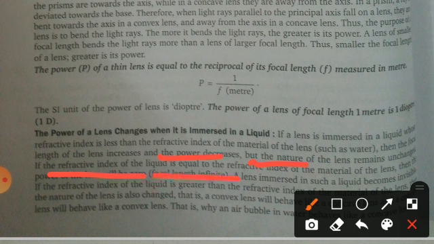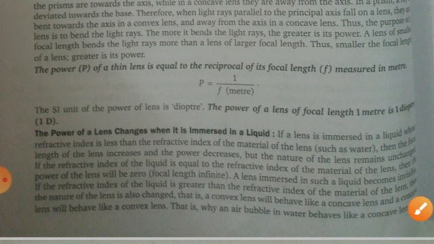When the power is 0, from this relation, the focal length is infinite. A lens immersed in such a liquid becomes invisible. If the refractive index of the liquid is greater than the refractive index of the material of the lens,